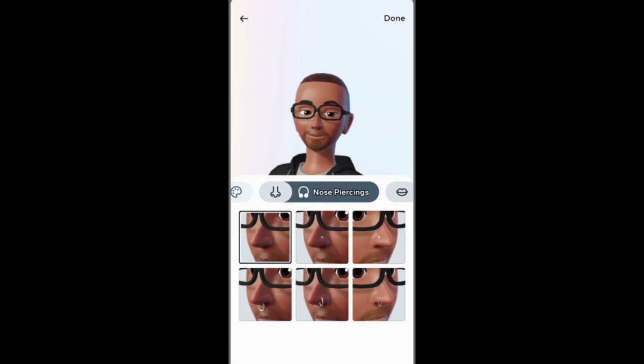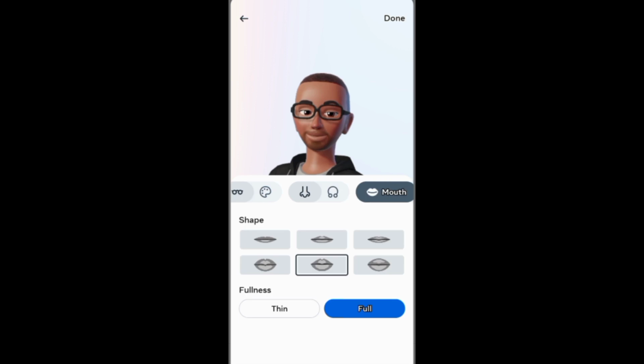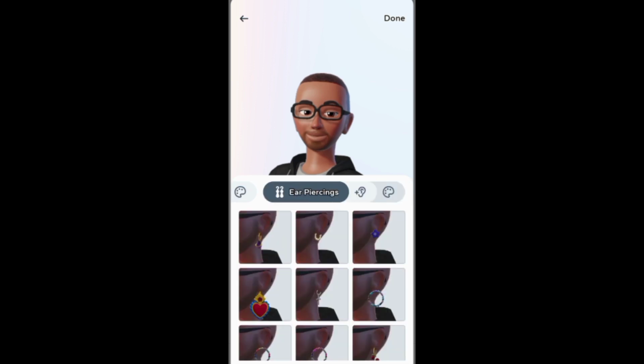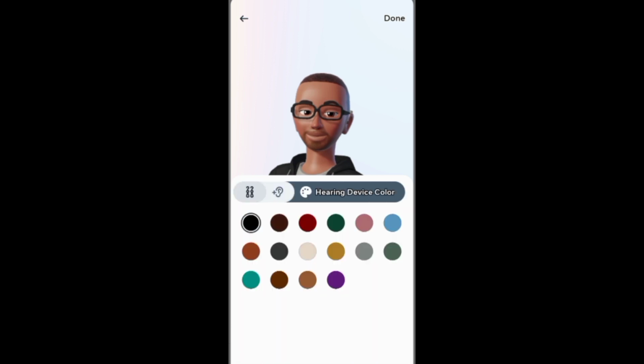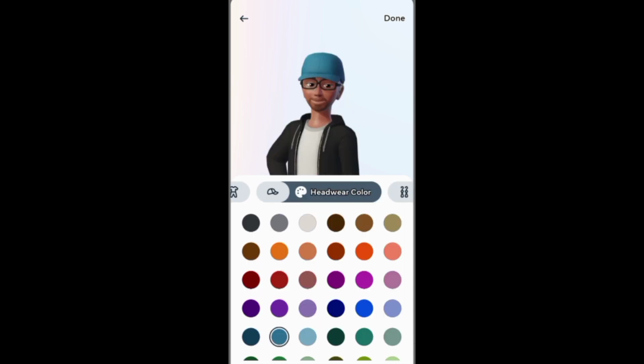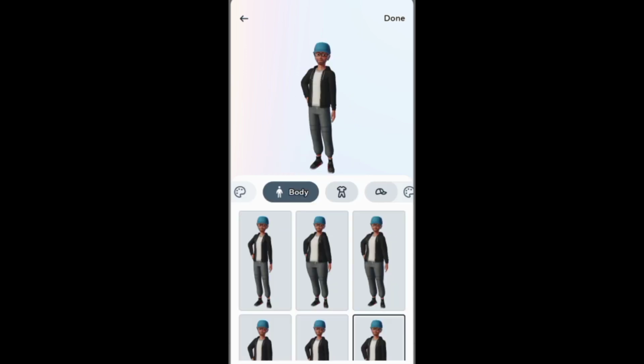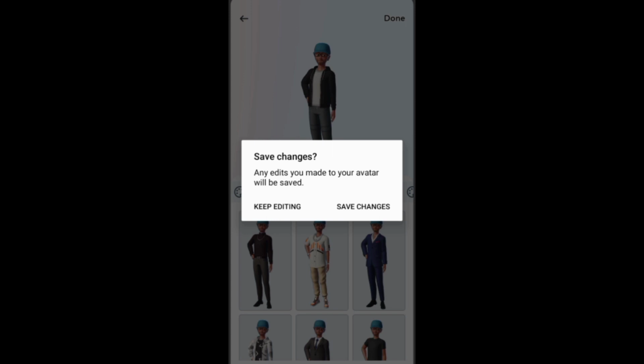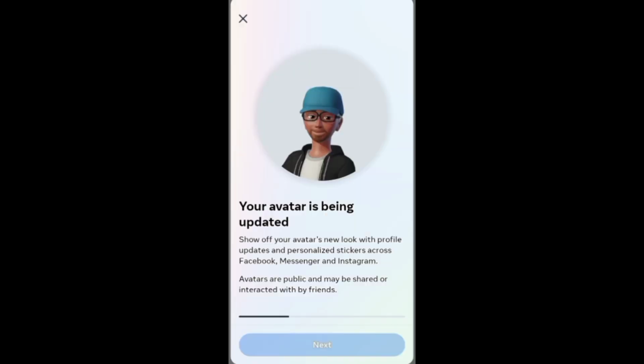And after that, you can choose your mouth shape and fullness and lip color. You can also personalize your ears by choosing ear piercings and earring devices and the color. In addition, you can choose your headwear and the color and go on to choose your body shape before editing your outfit. And after all these, you can save your avatar and use it on your Instagram profile and also